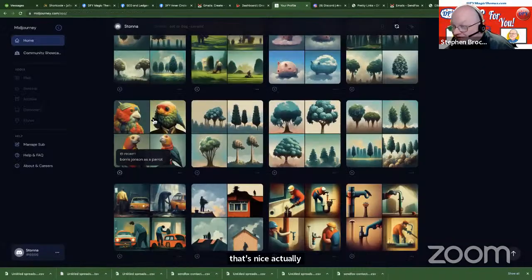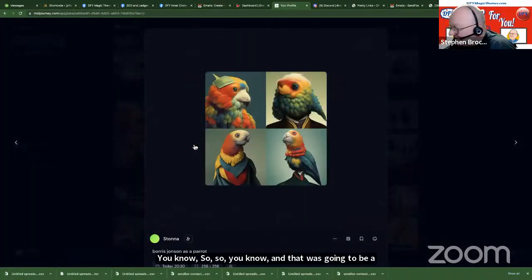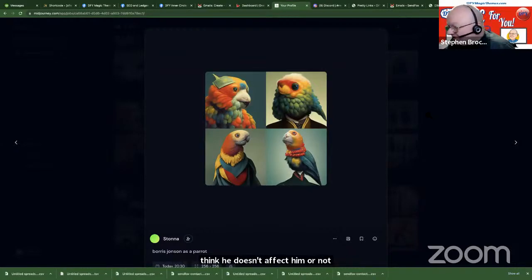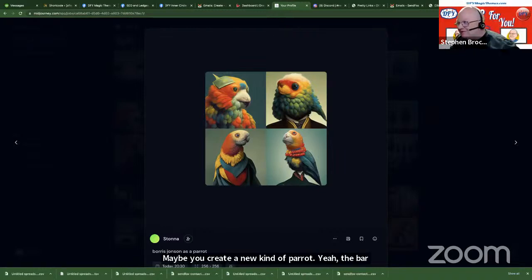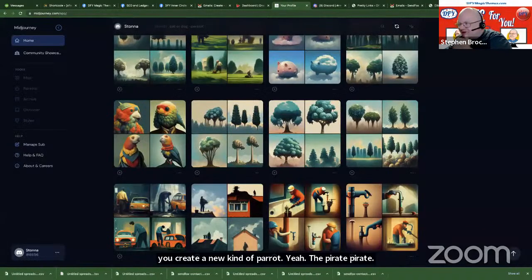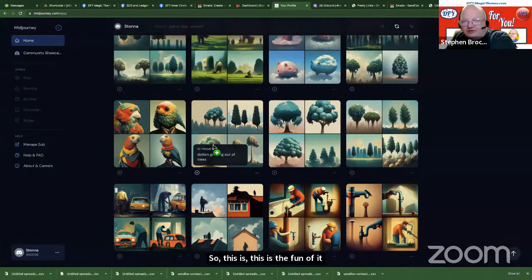And that was going to be a parrot, Boris Johnson as a parrot, but I don't think it quite got there. I don't know if that's him or not, but it tried its best. Maybe you created a new kind of parrot. Yeah, the Boris parrot. So this is the fun of it, and you can spend hours on it.